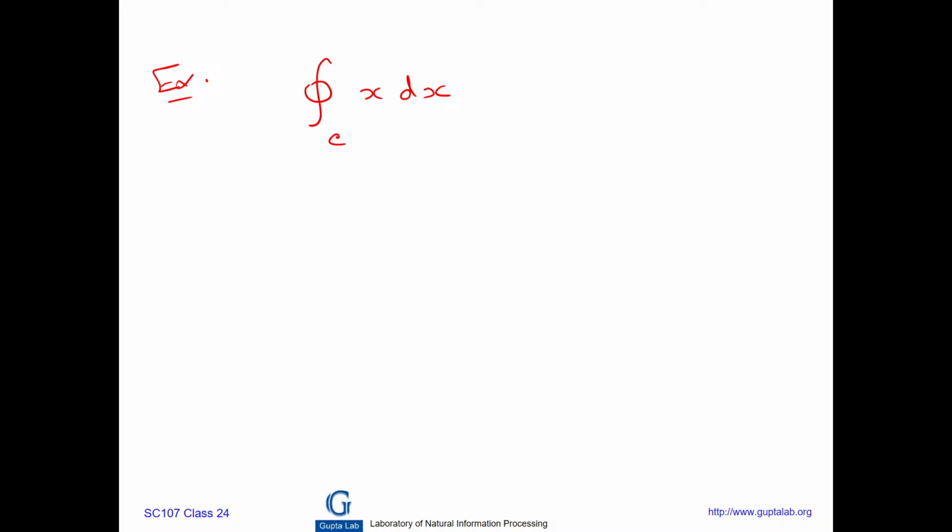Now I have to integrate along a closed curve C. C is a circle defined by x is equal to cos t, y is equal to sin t, and t varies from 0 to 2 pi. So one circular thing, right? Okay. Now in this case, what I need to do? So there is a parametric equation, right? So since x is equal to cos t,